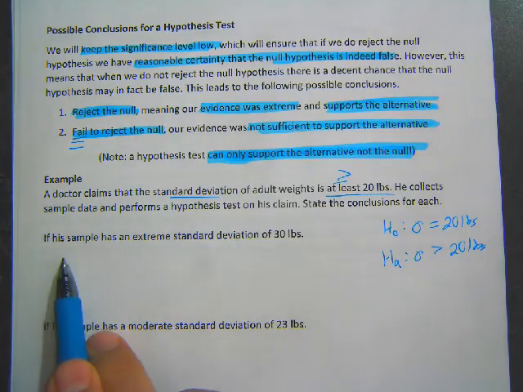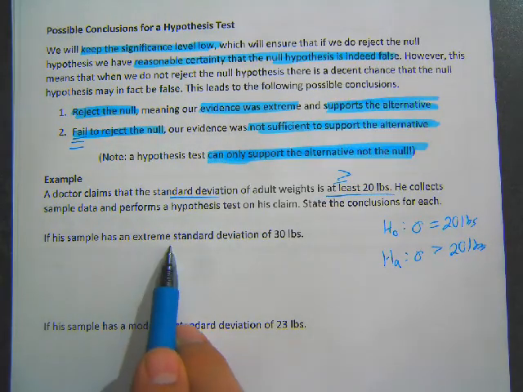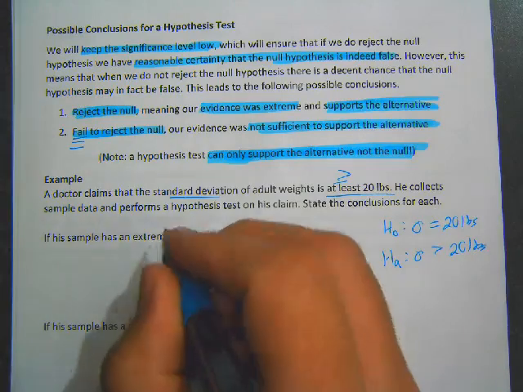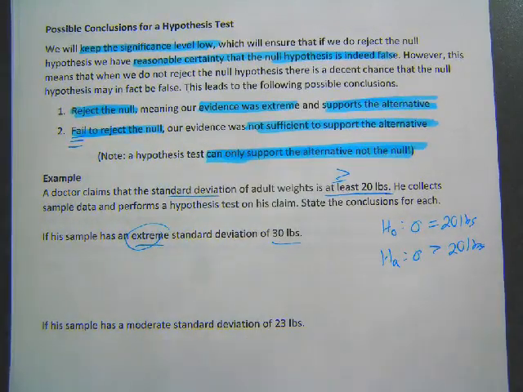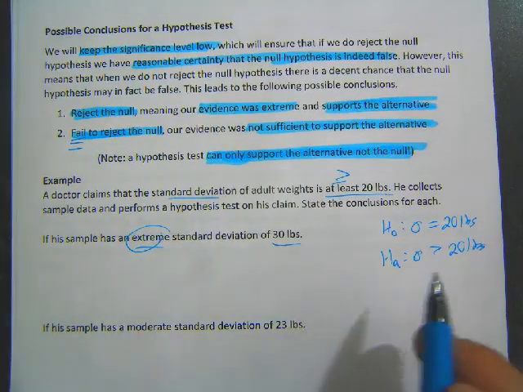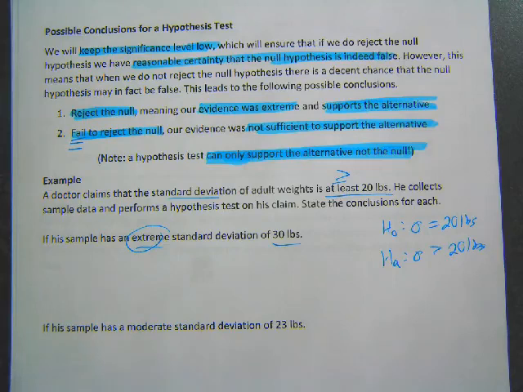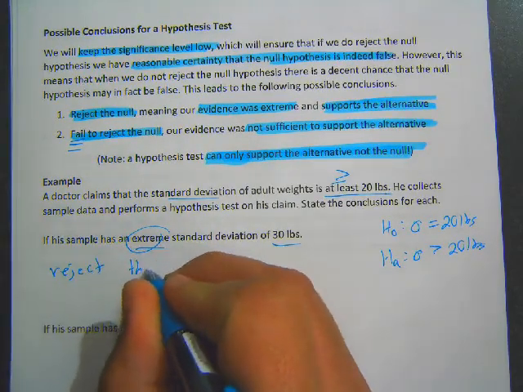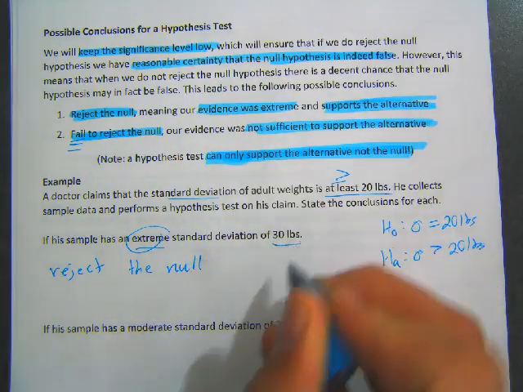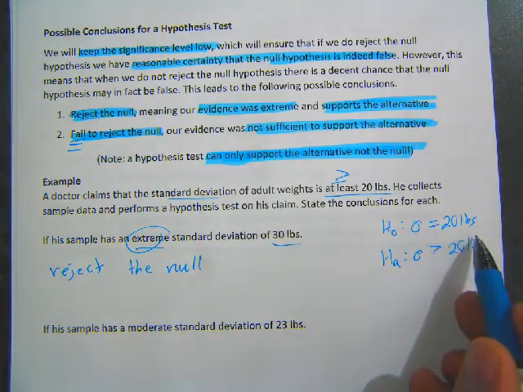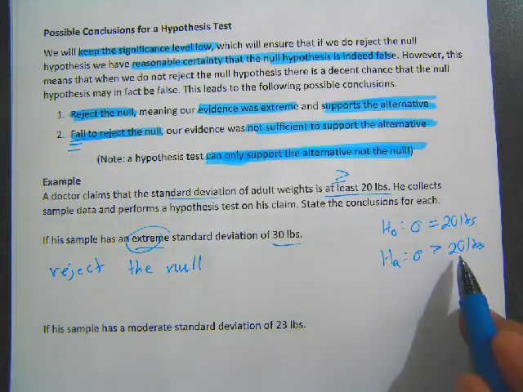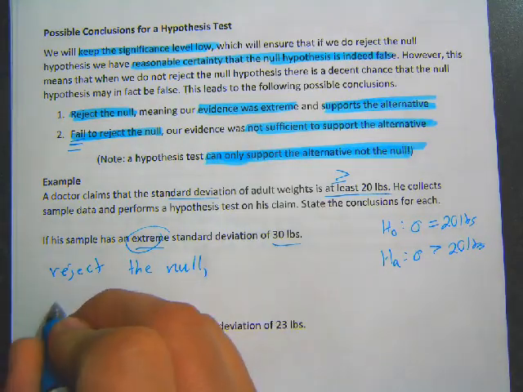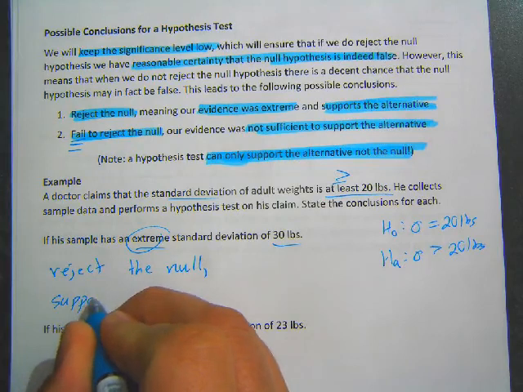Okay, so what if he comes back with a sample that's extreme? It's all the way up at 30 pounds. Extreme is an important word. Extreme is 30 pounds. It's nowhere close to 20. He said 20. He got 30. It's way above. In this case, he'd get an extreme result that's so far out there, he would reject the null. So he has good evidence because his value is so much higher than expected. It's so much bigger than the 20 pounds we expected. We have reason to support the alternative. So we reject the null, we support the alternative,